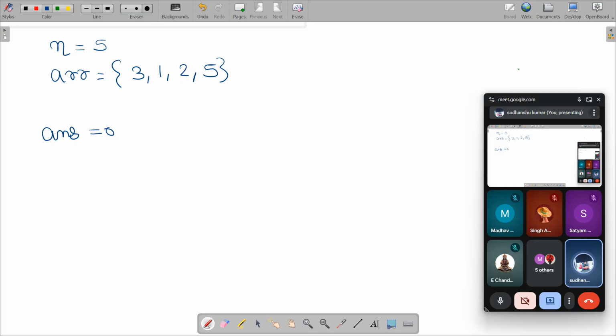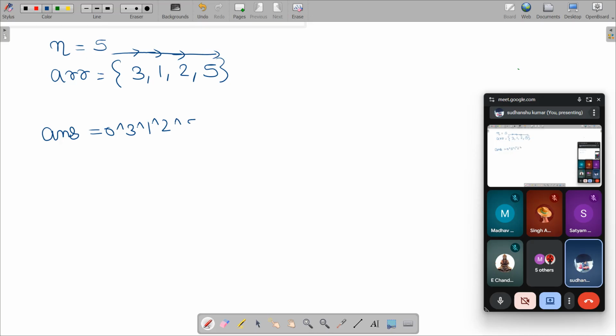I will start with an answer variable 0. I will run a loop on this array, and every time I encounter an element I will keep on joring it with answer. So first I will jor with 3, then with 1, then with 2, then with 5.